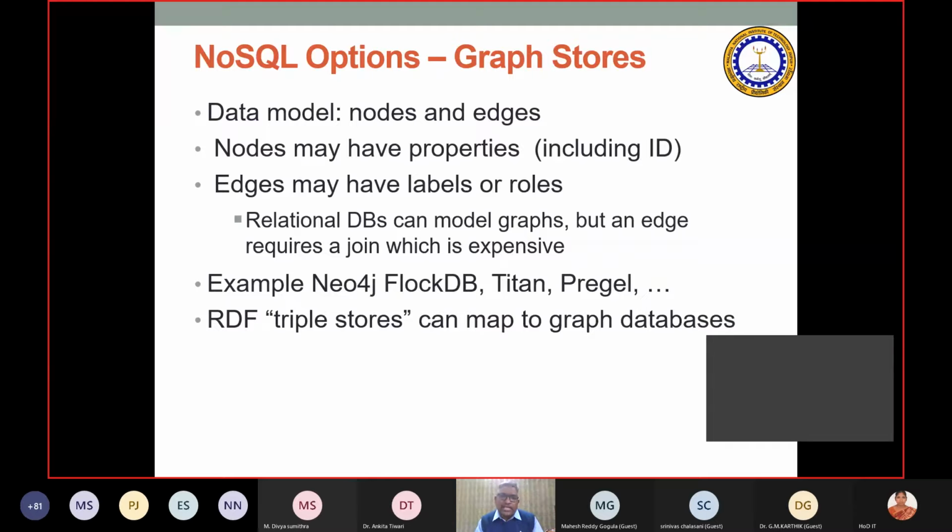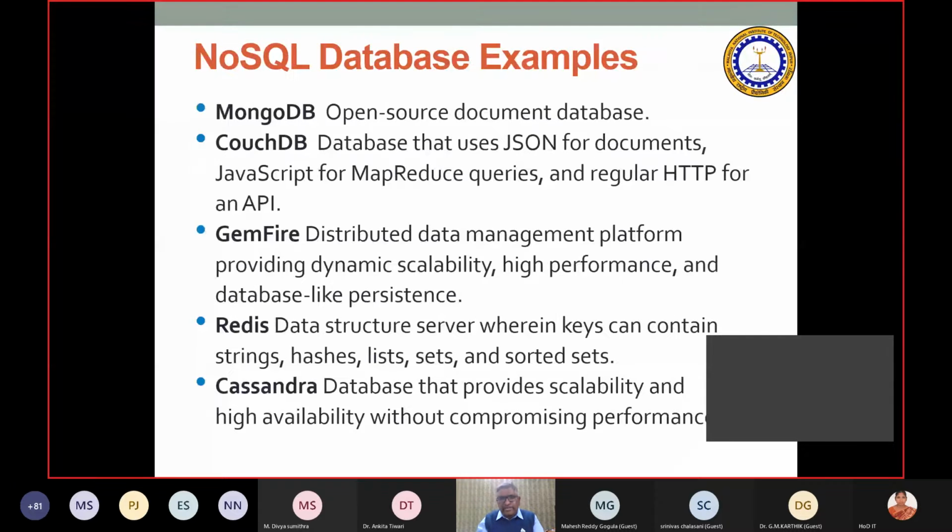We never heard these words, but this was a part of a project with IBM, who gave a project to some undergraduate students from MNIT, and I was mentoring them. At that time, the researcher from IBM told us about Titan and Gremlin. It was the first time I had heard about them. The students picked up and downloaded this because they were open source. But we were never taught that there was a Titan graph database. It was fortunate that when we worked on that, we could get it. So RDF triple stores can map to graph databases.